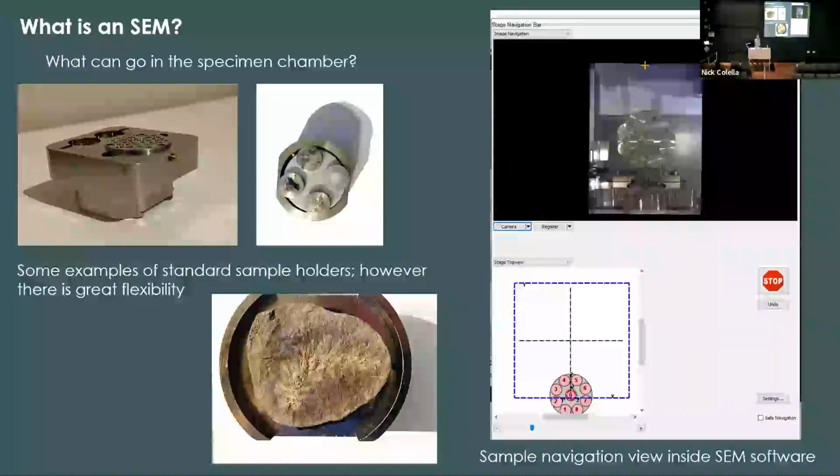Sometimes we will get those challenging samples. The one you see on the bottom here is a museum specimen, paleontological specimen. So because of its status, we weren't able to make it smaller, right? We weren't able to do anything to it. So those are some of the challenges that we have to sort out sometimes in working with larger specimens. So we're going to mount our samples, get them in the microscope, and then we have ways that we can navigate around to the different locations so that we understand what part of the sample we're looking at or which sample we're looking at any time.